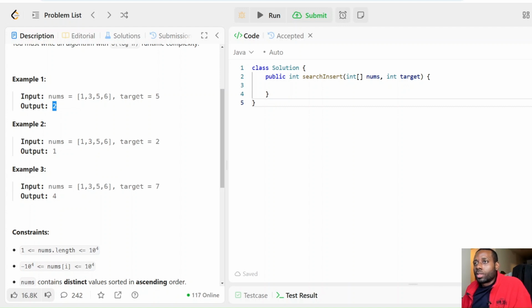This is the case where we apply the same binary search, but the target does not exist. We check: is the target less than the middle element? Yes, it is. So I'm not going to waste my time here because all the elements are going to be greater than it. I focus my energy here and apply binary search again. Then we check: is the target less than 1? No, it's not less than 1, so we update our left pointer to go right. Now the left pointer is pointing to this spot, and this is where we would insert 2. This is the position where 2 will be. As you can see, the left pointer should be pointing at